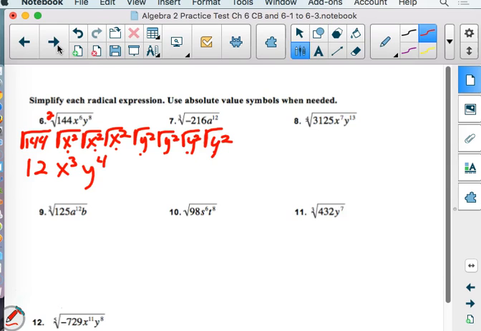And then we need to ask ourselves if we should be slapping some absolute value bars on something. Any of that need absolute value bars? The x to the 3rd does. Yeah, we've got square root, that's even, odd power answer. Right there. Y to the 4th is fine. That's